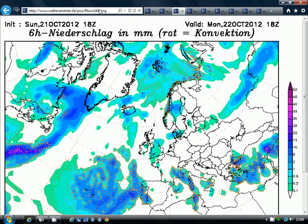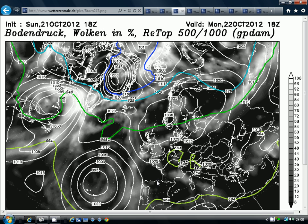cloudy. If you have a look at the cloud, we can see the extent of the cloud today, particularly in the west. These mottled areas here, the white areas indicate where it's cloudy. So much of Britain and Ireland cloudy. Cloud extends down in towards much of France as well, and through into parts of western Spain and Portugal as well. Also got the cloud through the central base of the Mediterranean, so associated with those heavy showers, and over in the east. But for these central and eastern parts of the continent, actually some quite sunny weather coming through,